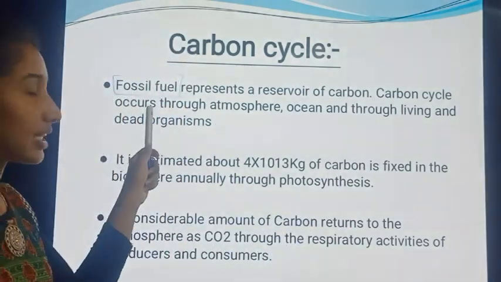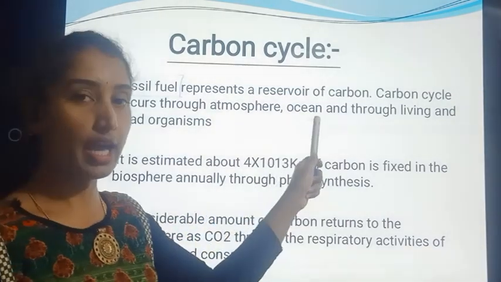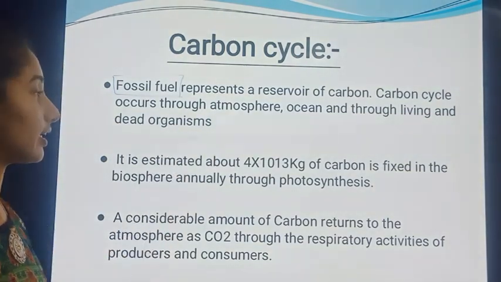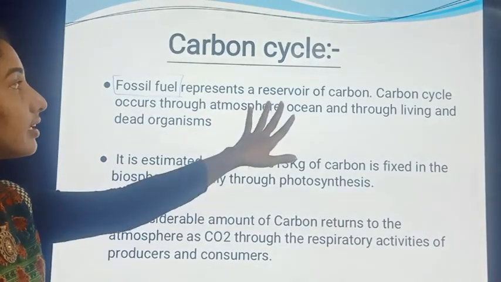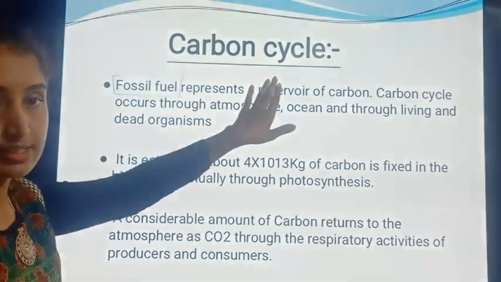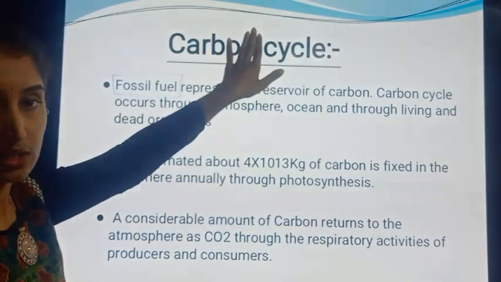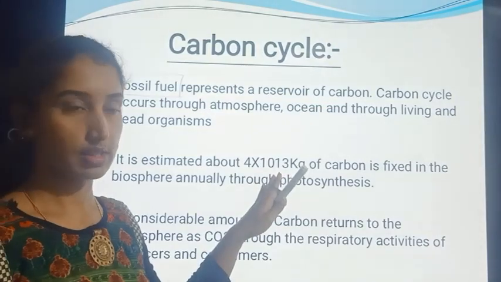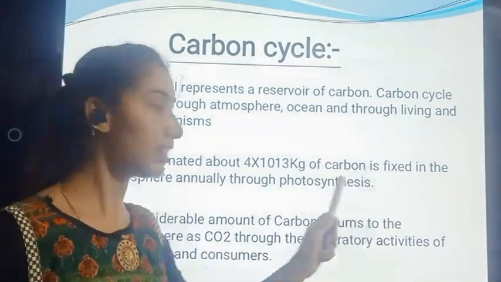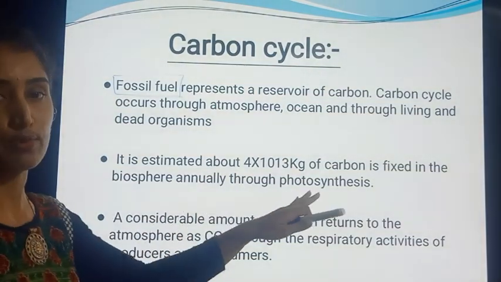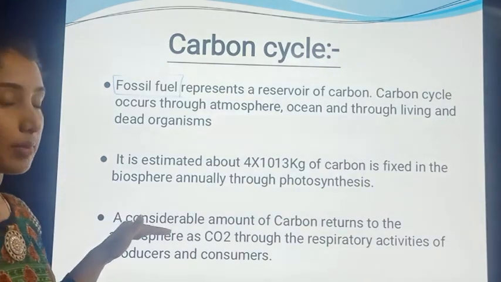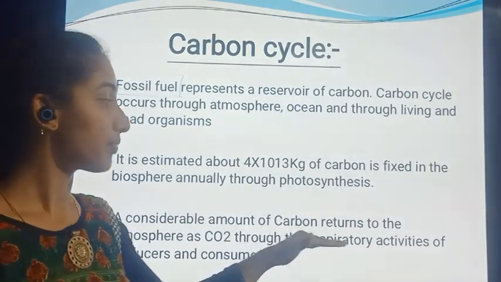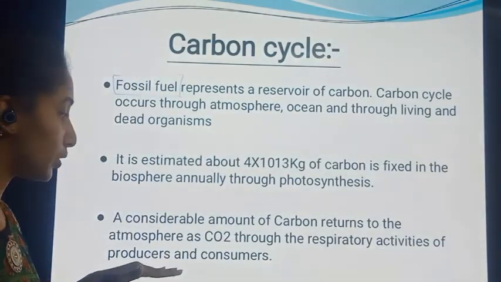The carbon cycle occurs through the atmosphere, ocean and through living and dead organisms. This is the main thing that we need to know. These are the basic things required to complete the carbon cycle. It is estimated that about 4 x 10^13 kg of carbon is fixed in the biosphere annually through photosynthesis. A considerable amount of carbon returns to the atmosphere as CO2 through the respiratory activities of producers and